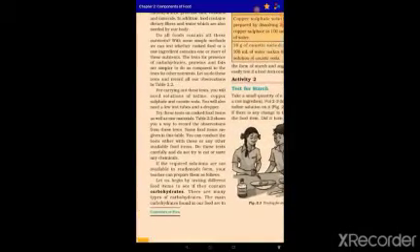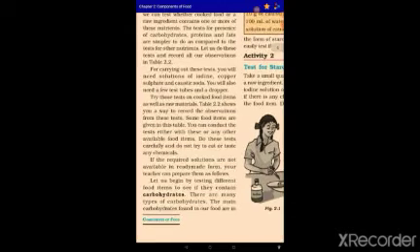For carrying out these tests, you will need solutions of iodine, copper sulfate and caustic soda. You will also need a few test tubes and a dropper. Try these tests on cooked food items as well as raw materials. Table 2.2 shows you a way to record the observations from these tests. Some food items are given in this table.